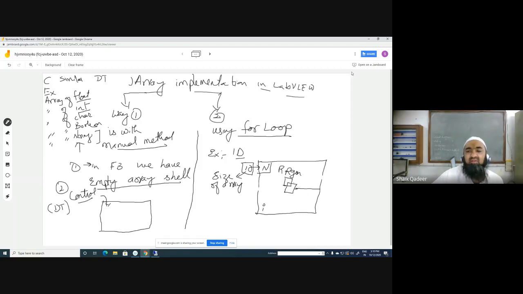Sometimes in text or some other documentation, the word scalar is used. It is nothing but a single element. The meaning of scalar is a single element, that is one of the elements of an array. If suppose we have a single element like a is equal to 10, this is called a scalar quantity.